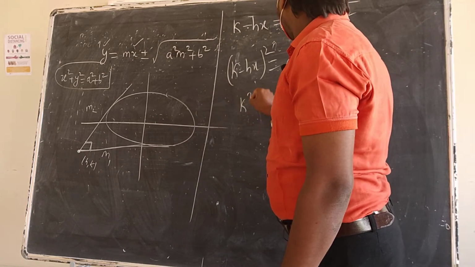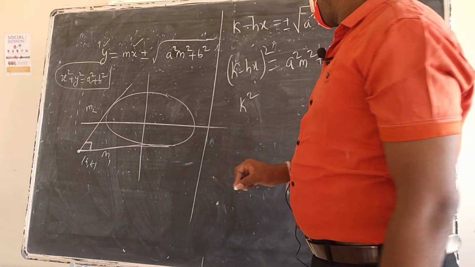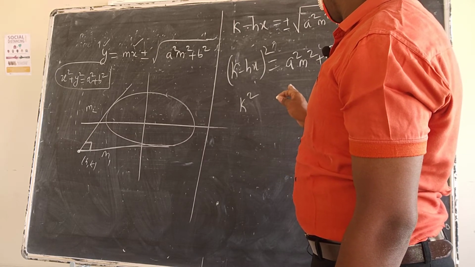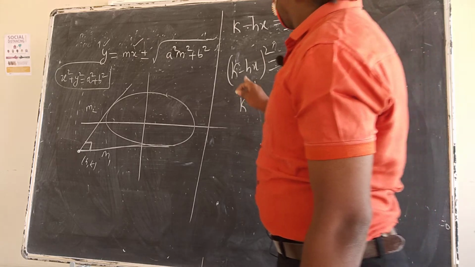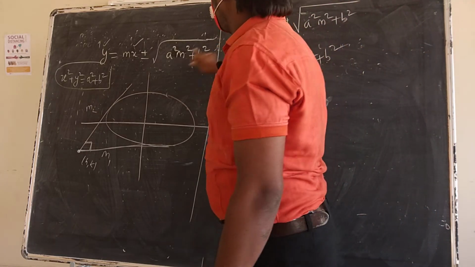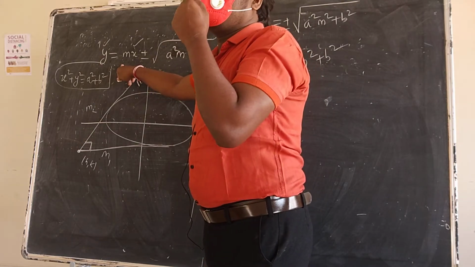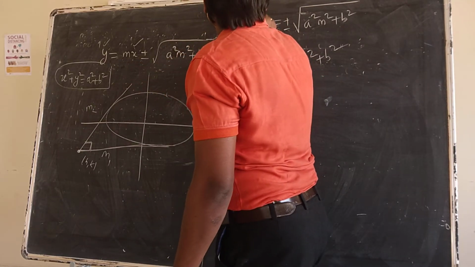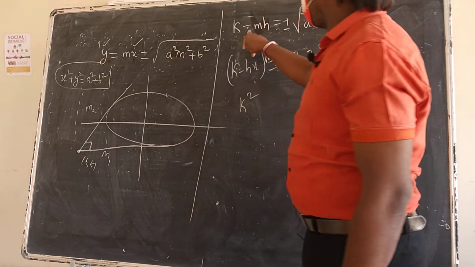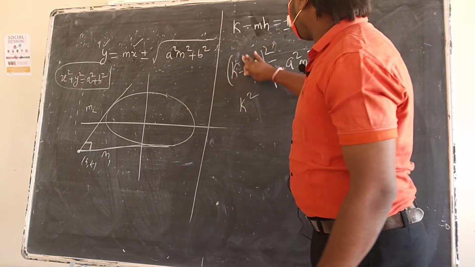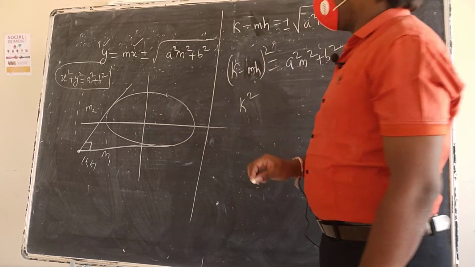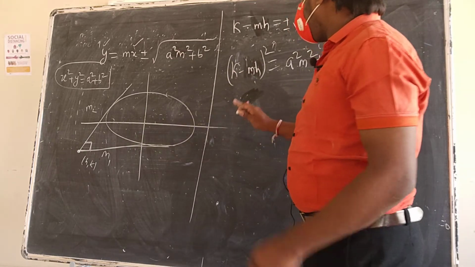K square, right? Did I do anything wrong? Here mx, m I have to write here, right? X is h, so mh, it must be mh. Here h, here k. So k minus mh, k minus mh. Here k minus mh. Now if I expand this I am going to get it.